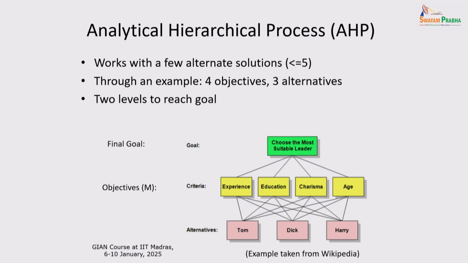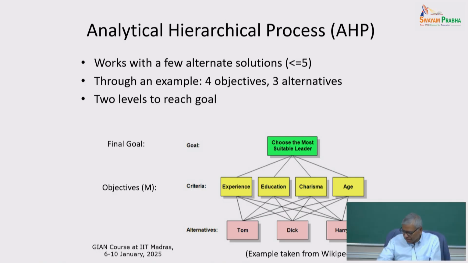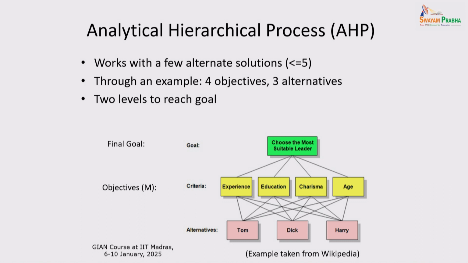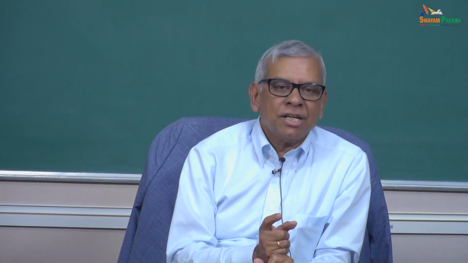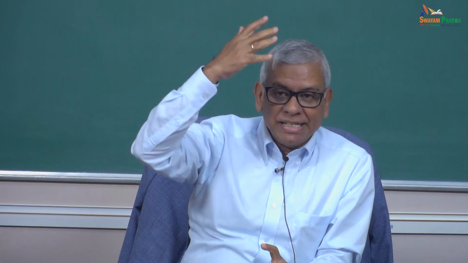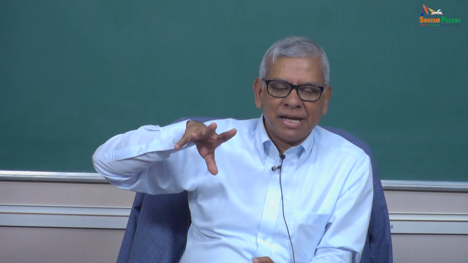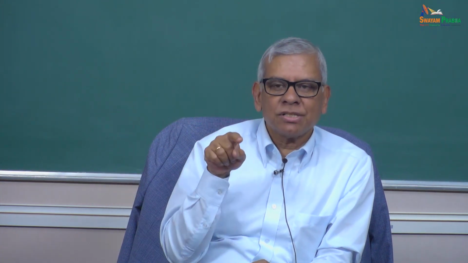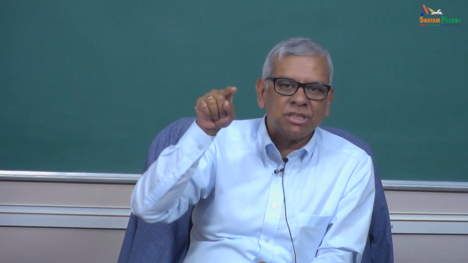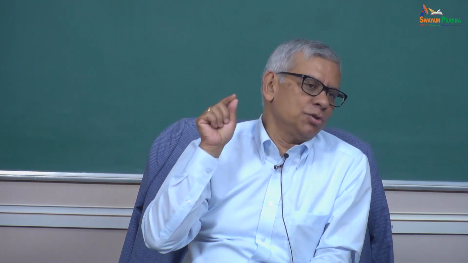Now, oftentimes this last method I'm going to talk about is also utilized a lot. It's called the analytical hierarchy process. By the way, in today's homework, what you're going to do is first the NSGA2 optimization, finding the entire Pareto set. We'll do an a posteriori exercise, and then I ask you to do two different methods. One is the pseudo weight, the other is the trade-off. Both these methods you're going to use to find a solution out of maybe 100 solutions. Pick a solution. So we'll do that exercise.